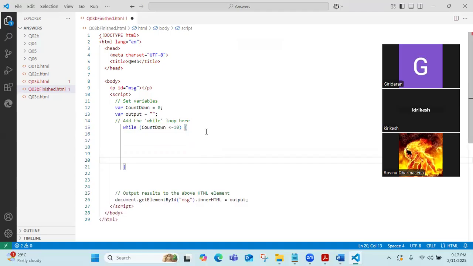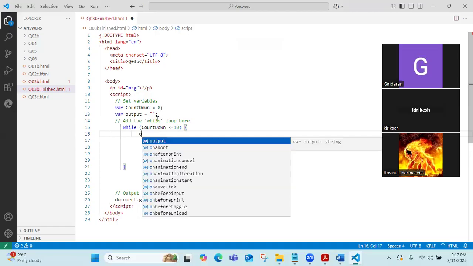This is my loop. Because there is a counter, I want to print, so I will use the output variable here. Output is equal to,